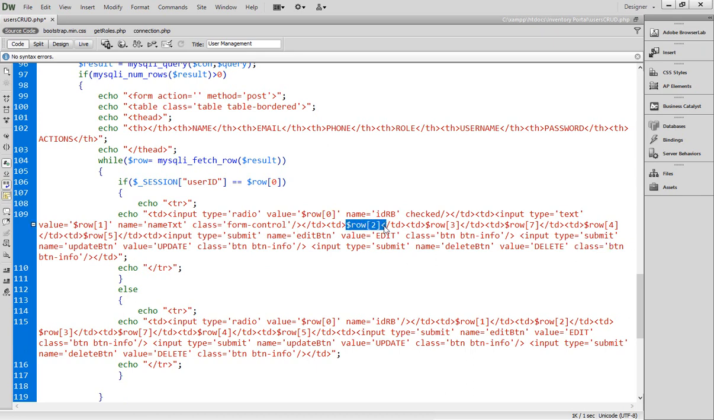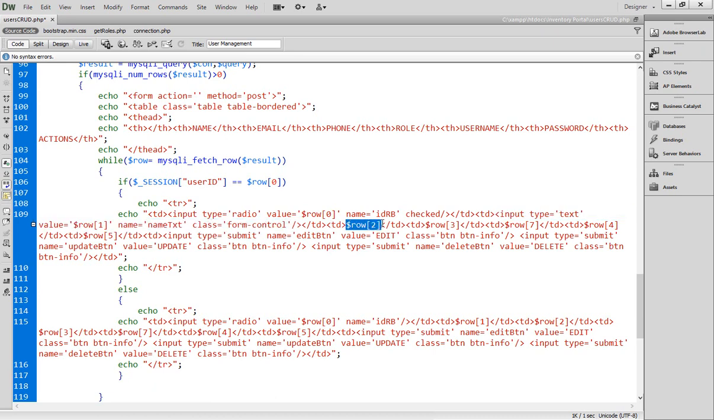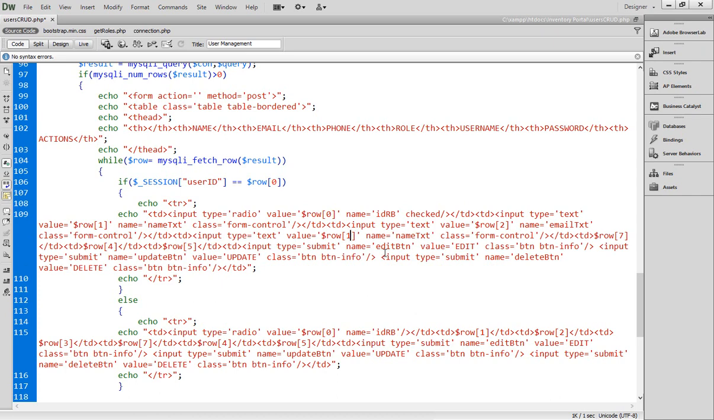Now for this row 2, here I'll copy this input type equal to text, copy this code, and instead of row 1 I'll replace this, and we have to be very sure of what we are doing. So where I have replaced here, instead of row 1 I have to write row 2, and it should be email txt, and then for row 3 I'll again copy and paste, and it should be row 3, and here I'll write